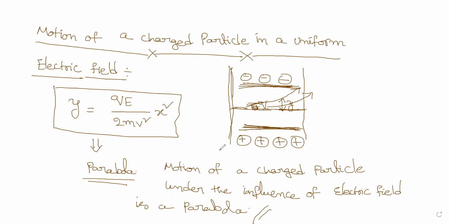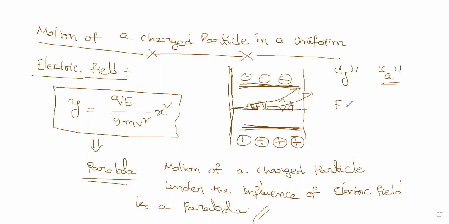We can derive this equation with one small substitution. Using the same ideas of projectile motion that you read in the first year, you can derive it. Only thing is that instead of g in the projectile motion, here the acceleration factor will come. So how to find the acceleration is the question. I will tell you a brief idea how to do that.